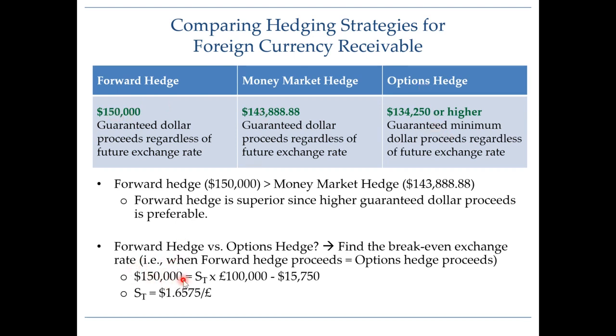So we set the forward hedge proceeds of $150,000 equal to options hedge proceeds in the case when we do not exercise. So that is whatever the future spot rate happens to be, multiplied by 100,000 pounds minus the cost of the put options. And when we solve for that break-even exchange rate, we get